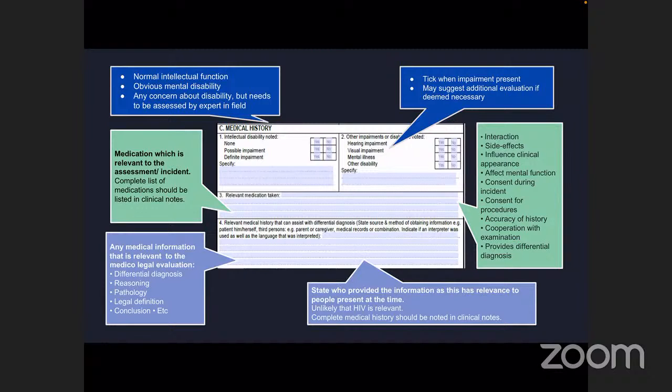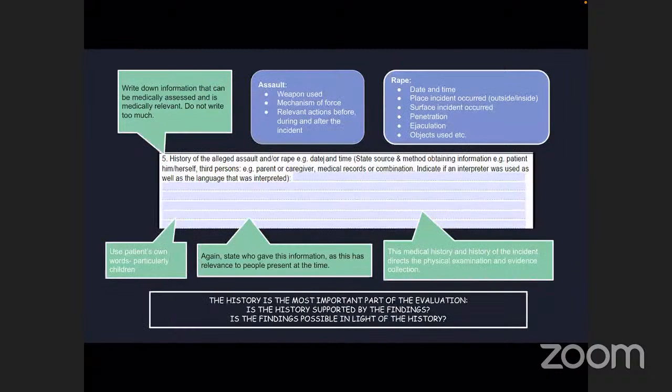So this part goes into discussing their medical history, which will also be taken in full in your clinical notes. The next part of the history, between section 4 and 5, the difference here is that section number 5 is the history of the alleged assault or rape. So in this part, it is also considered extremely important by the court that this is filled in full and